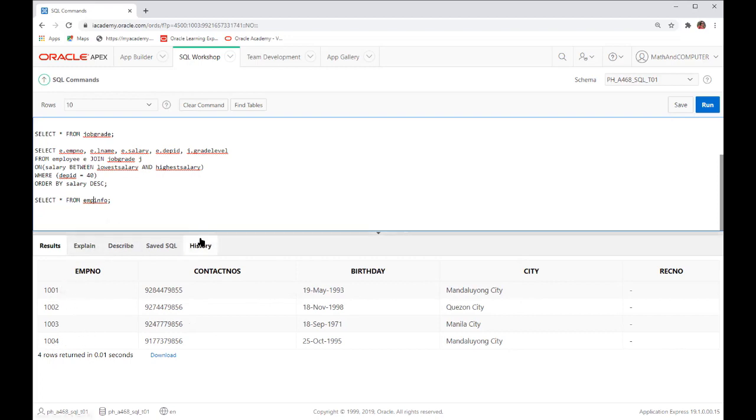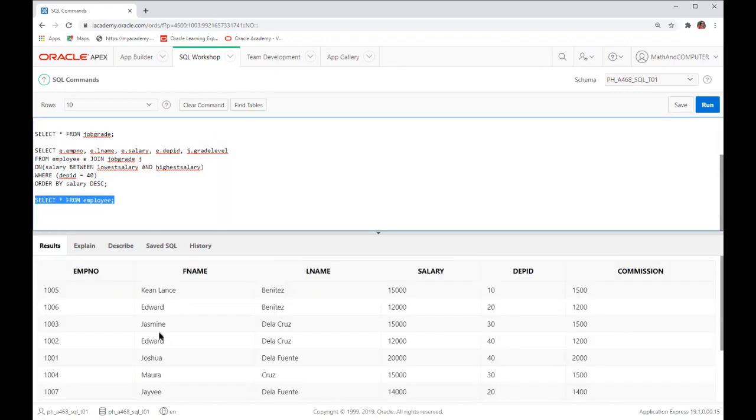Okay. Then for the employee table, we have 10 records. So if we will join these 2 tables using the left join,